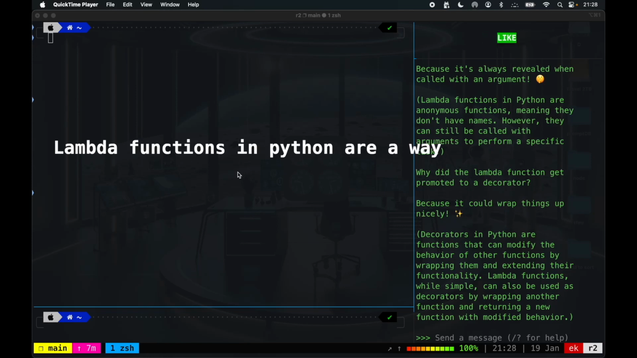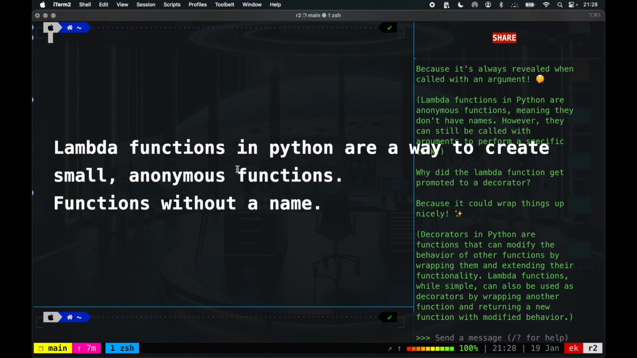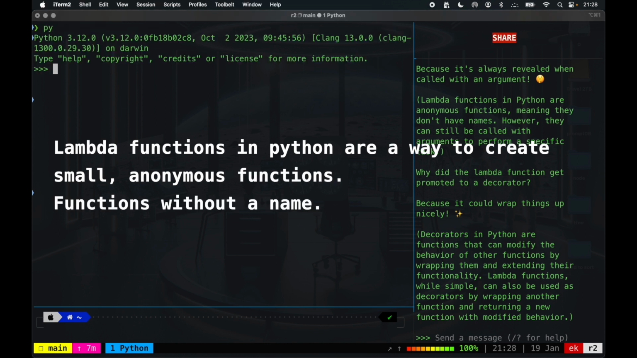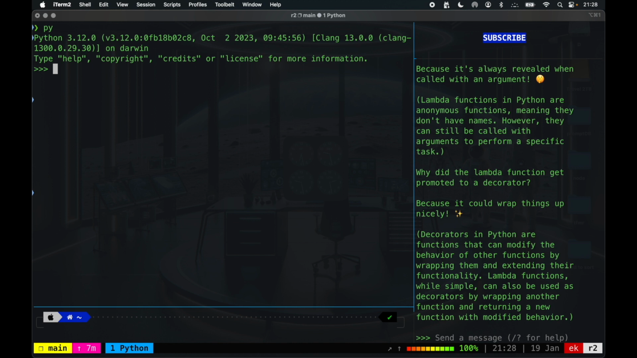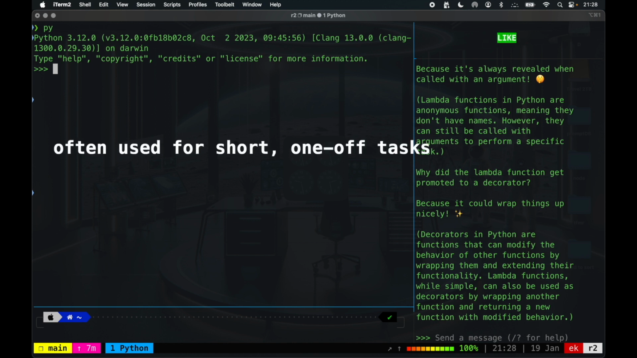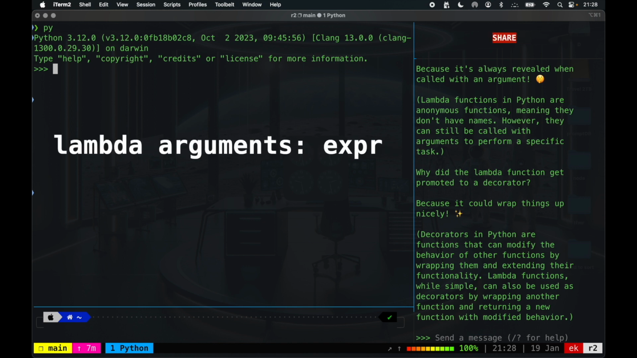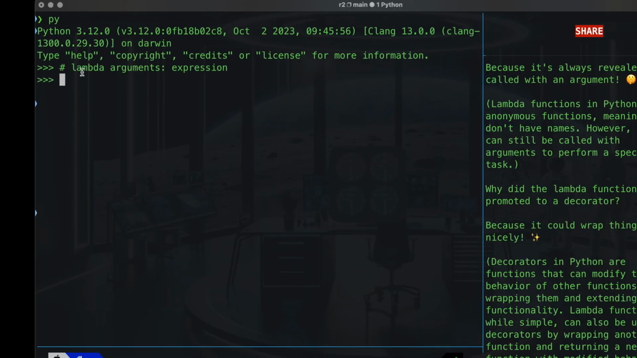Lambda functions in Python are a way to create small anonymous functions, so functions without a name. They are concise, often used for short one-off tasks. They are handy for functional programming, and allow you to write functions without formally defining them. So, the lambda keyword